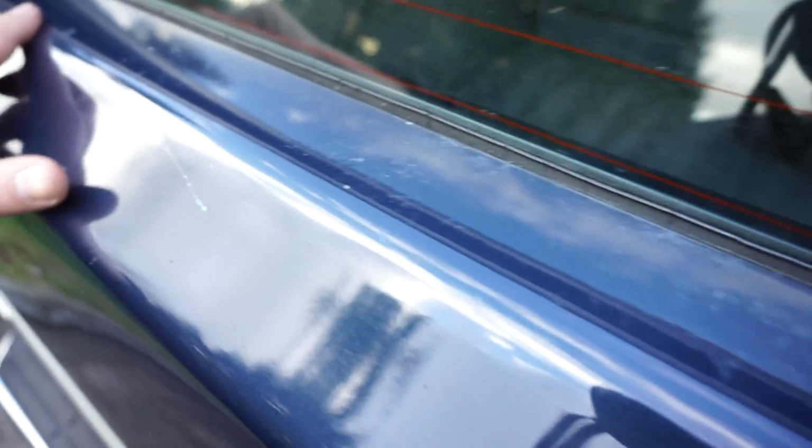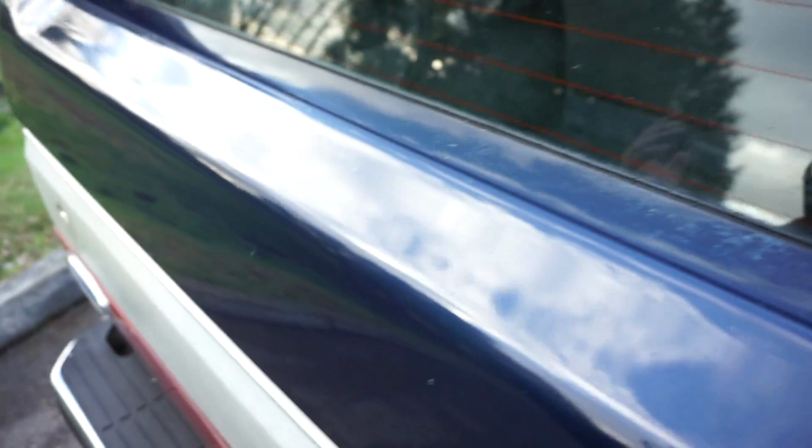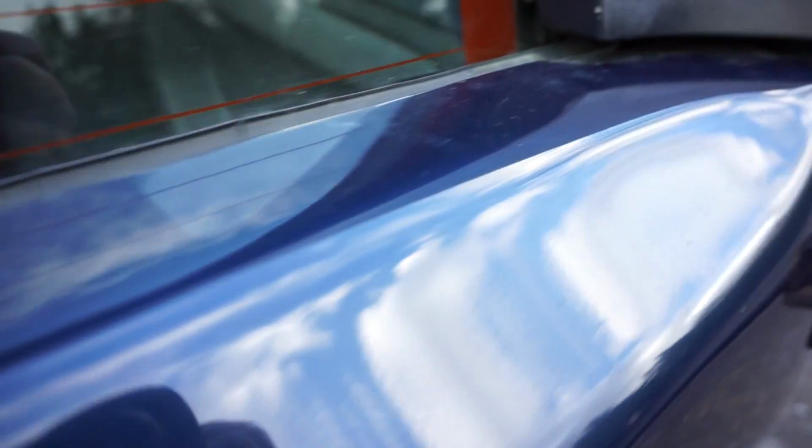And you do have some aging in the paint on the very top. And you're gonna see when I come to the driver's side, I'm not sure if this thing sat in a carport and was more exposed on the driver's side or sat maybe near trees all the time, because the driver's side also has kind of this aging in the paint here. It's really hard to see, but